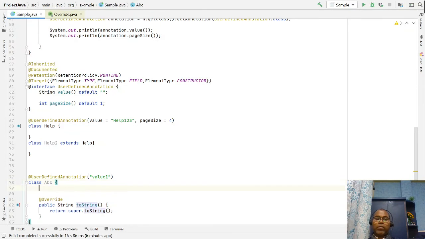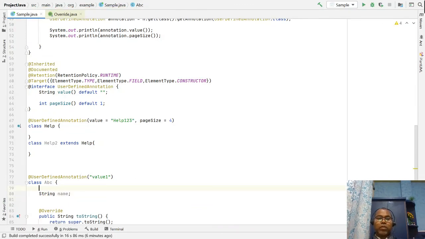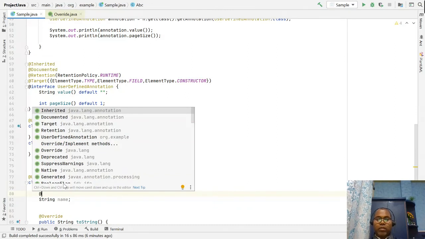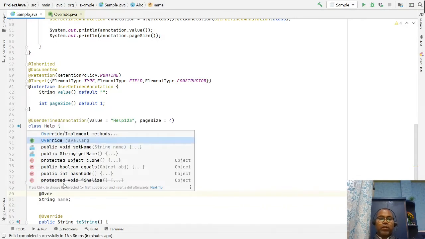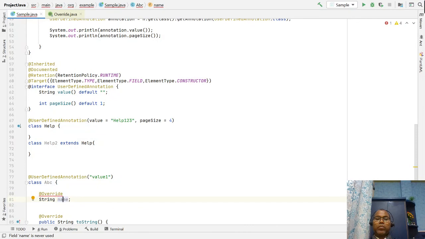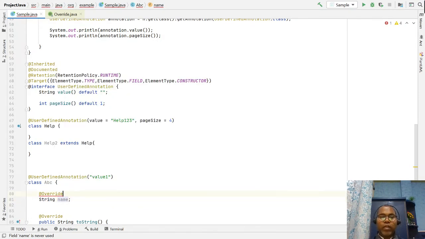Let's say you give a field, string name, and you try to apply Override, that is not allowed. Similarly, Override is not for this field. So we have to specify the